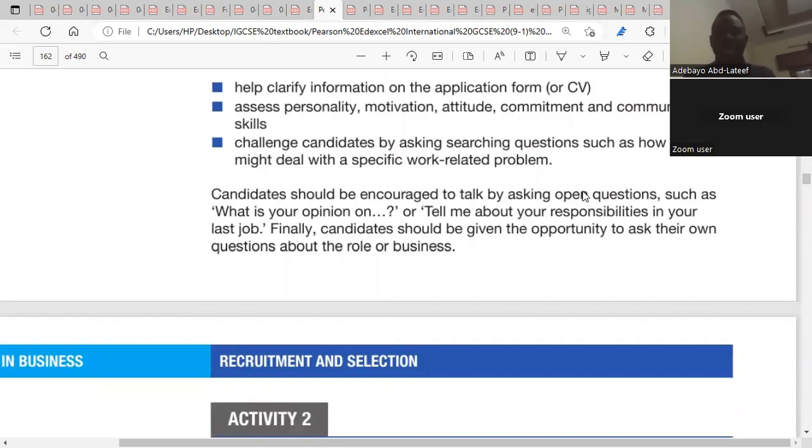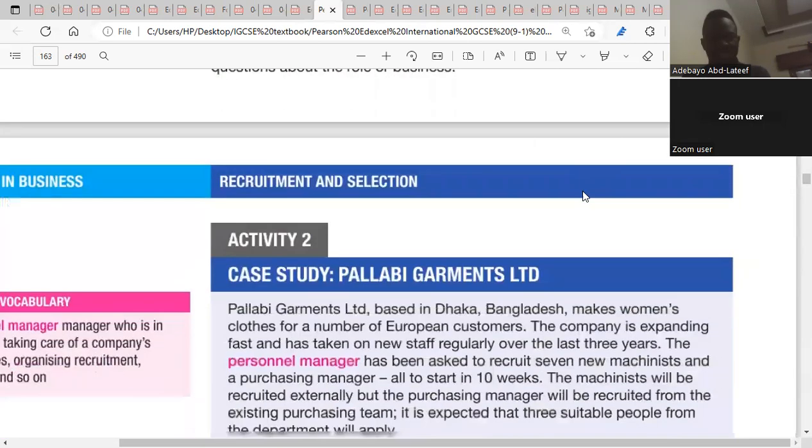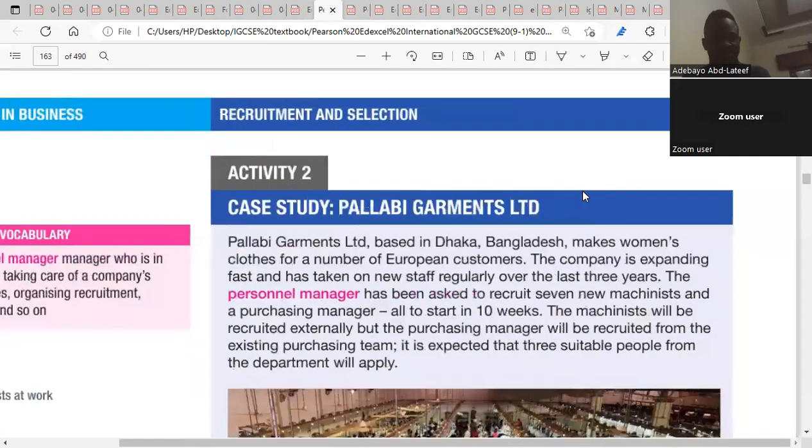Then challenge candidates by asking searching questions such as how might they deal with specific work-related problems. You can ask workers, you can brainstorm them to know how they are able to solve problems relating to the organization. Is it clear? So we have